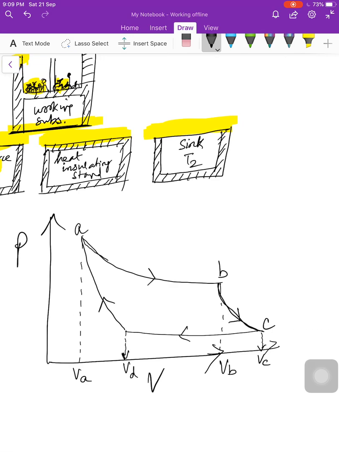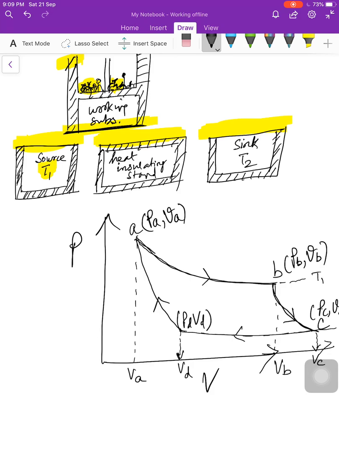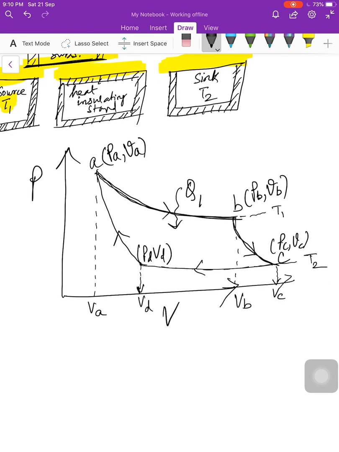So this was an isotherm, say at temperature T1, and this isotherm is at temperature T2. T1 is the temperature of the source and T2 is the temperature of the sink. At point A, the pressure value is PA and the volume value is VA. At point B, say the pressure is PB, volume is VB. Here it is PC, VC, and here it is PD, VD. Now during this isothermal expansion, Q1 amount of heat was absorbed from the source, sorry, not by the source, Q1